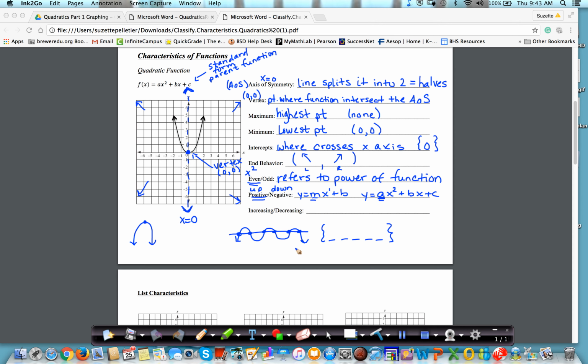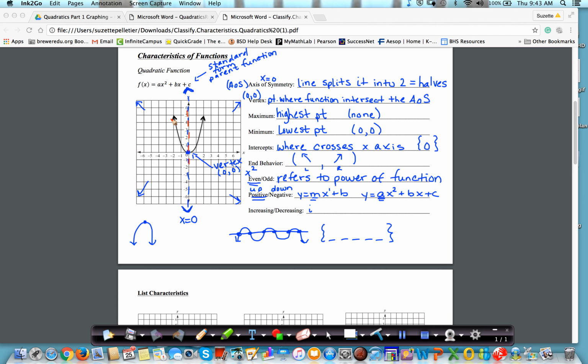And it's just basically listing the sections of the graph where the y values are increasing, and in what section they are decreasing. So I'm going to ask you to think outside the box a little bit here. Where is my graph increasing? Most students would say the whole thing is increasing because these arrows are going up, up, up, up, up, okay? But what's really happening, if I were to draw